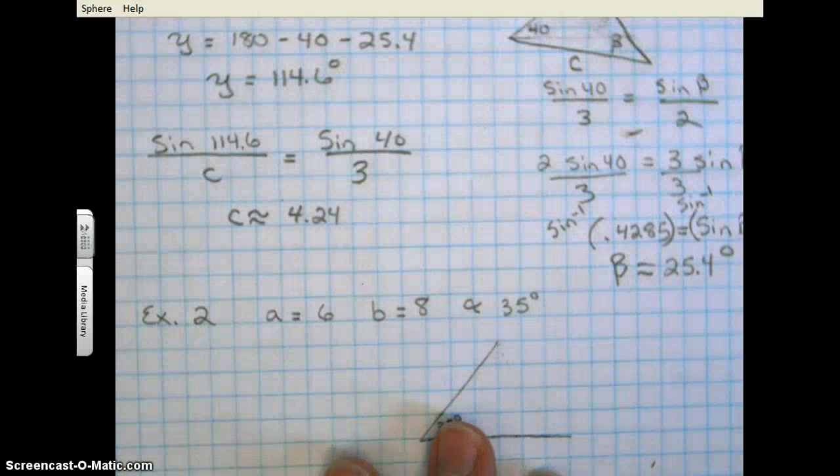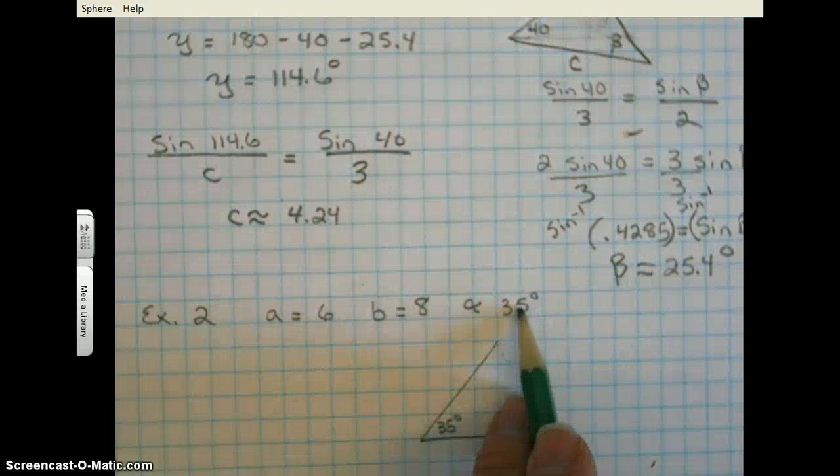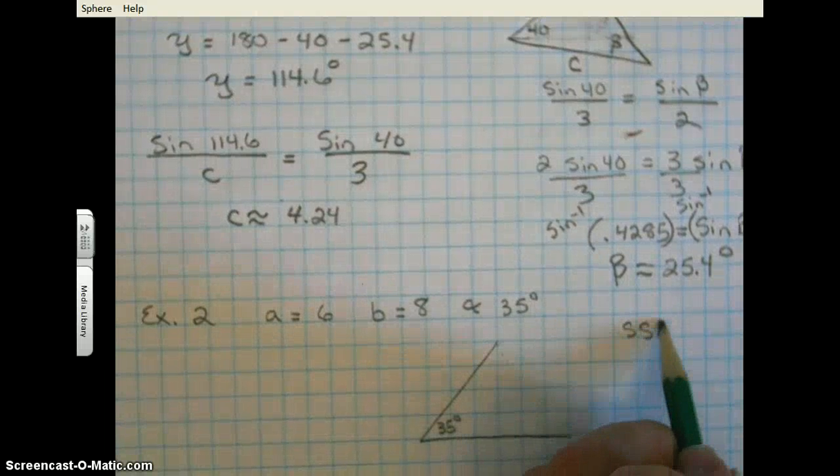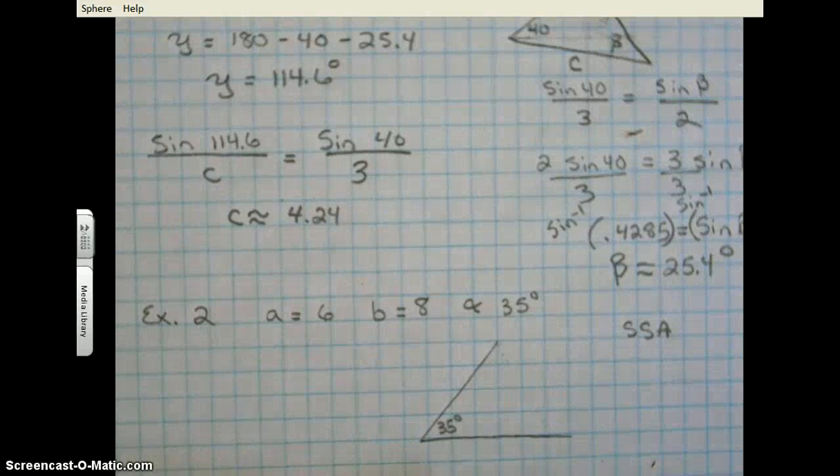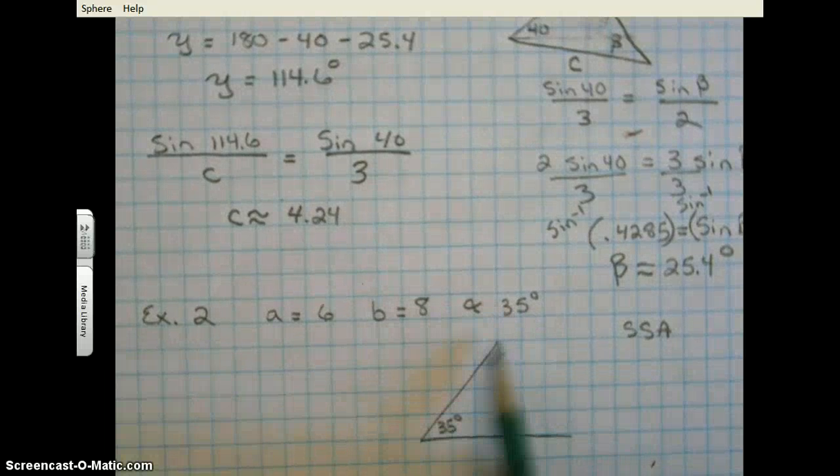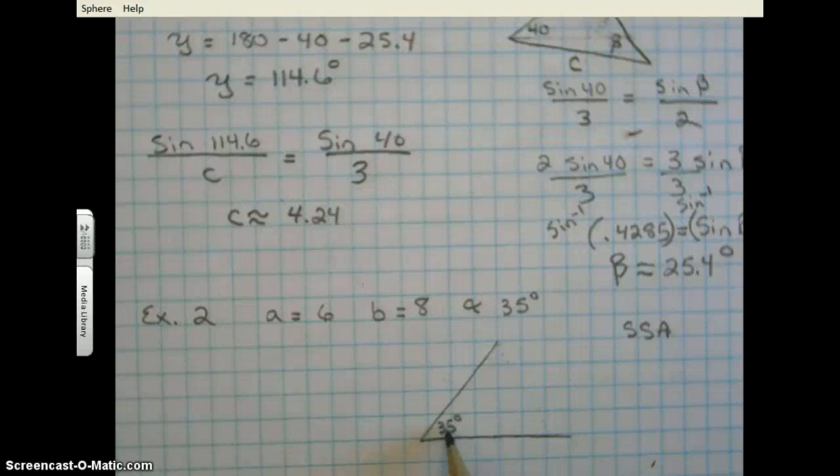Okay, so this next one, we're given two sides and an angle. So we have SSA again. This one's a little bit trickier though. I went ahead and put in my angle of 35. Here's my side. Remember, the A is going to be opposite of alpha, so I'm going to put B in. This is going to be side, angle,